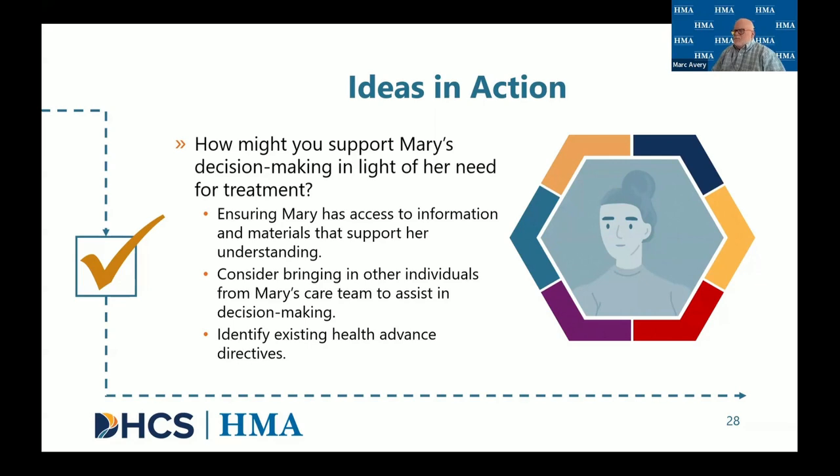Why do I highlight this? And how do we bridge that to the voluntariness? It's because it's not unusual, in any one individual's situation, for there to be roughly equivalent treatment options out there. For instance, one antipsychotic versus another antipsychotic, the choice may be roughly equivalent, but Mary might have a preference or might have stated a preference, perhaps in advance directives, but also perhaps to other family members. Getting to that, knowing what that preference might have been.